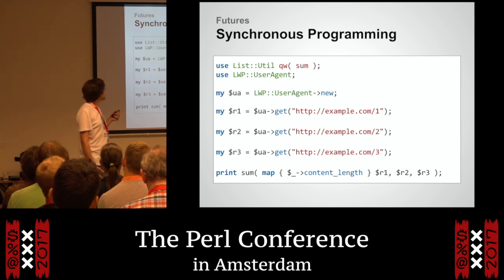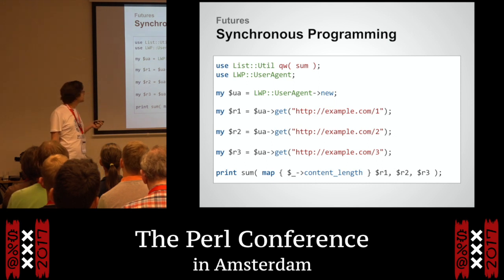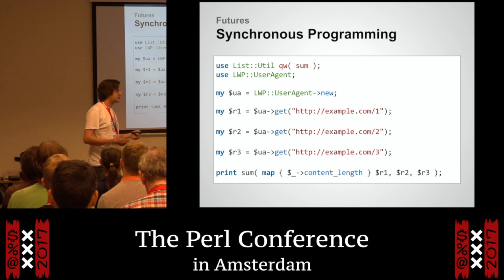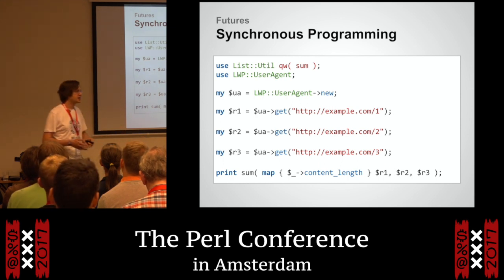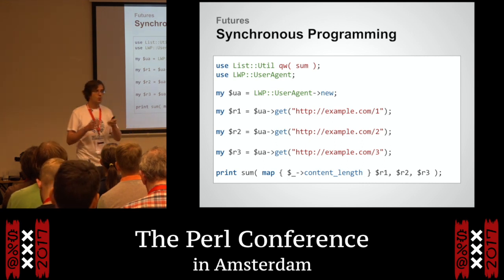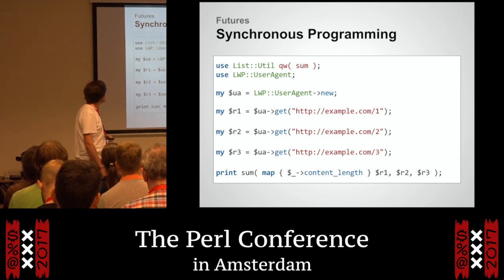It works, but it's not very efficient because while we're waiting for this page to come back, we're not doing anything else. And maybe this is quite a slow server. It might take a little while to answer. It would be nice if we could send out all those 3 queries, wait for the server to answer all 3 of them at once, and collect up all the results, because then overall, we'd get our answer quicker. This is the point of a lot of asynchronous programming, to combine multiple things at once so that you can wait for lots of things, rather than just wait for one thing repeatedly in sequence.